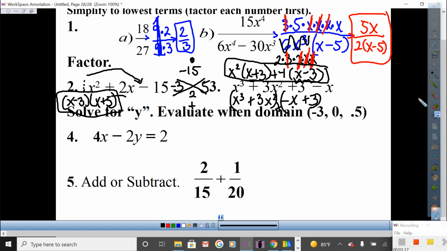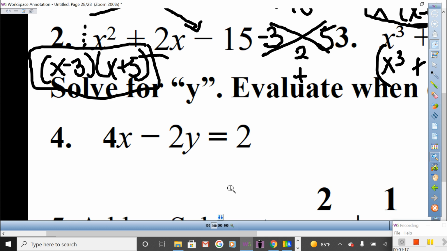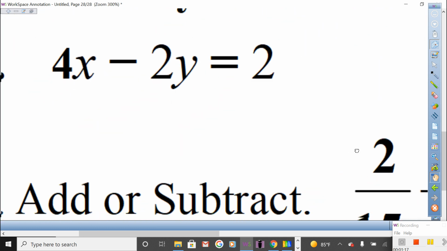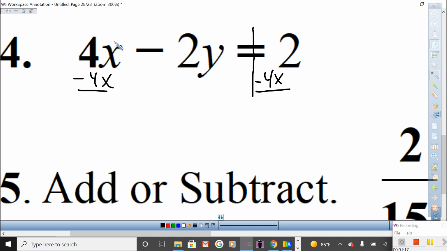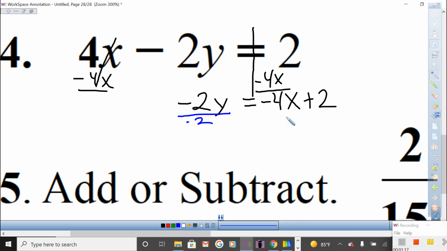Number 4. Let me zoom in for number 4. It says to solve for y first, and then we're going to evaluate given a domain. So, let's see. That means I need to subtract 4x to each side. We're left with negative 2y equals negative 4x plus 2. My last step, divide by negative 2, divide by negative 2. So that leaves me with